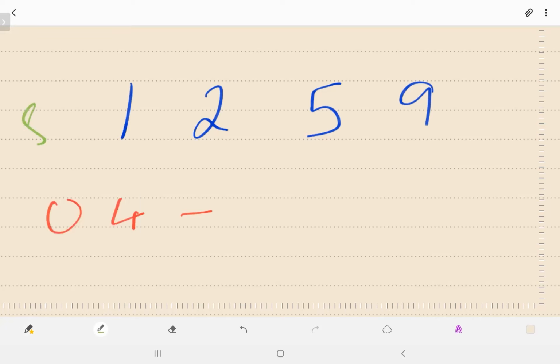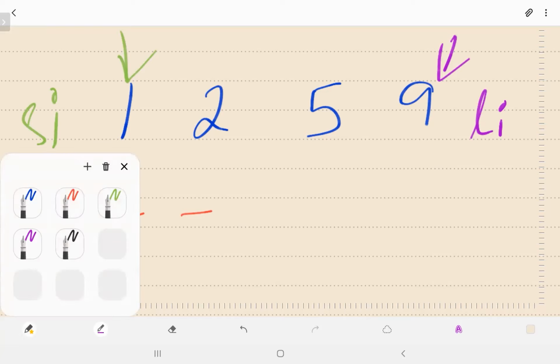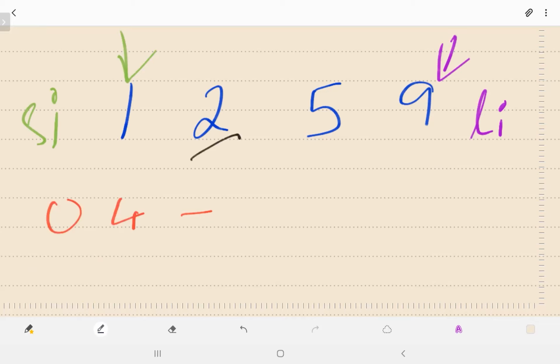Now, as we know, in binary searches, there's a starting index and there's an ending index. We'll call it last index. The starting index points to the beginning. The last index points to the end. And mid is Si plus Li by 2. That is 2. Now we can see that our key 4 is greater than 2. So naturally, it has to be in the later half of the array. That's why Si moves up by 1. At this point, we've got to ensure that we return this value, 5. That's because 4 is located here, and the value just greater than 4 is 5.